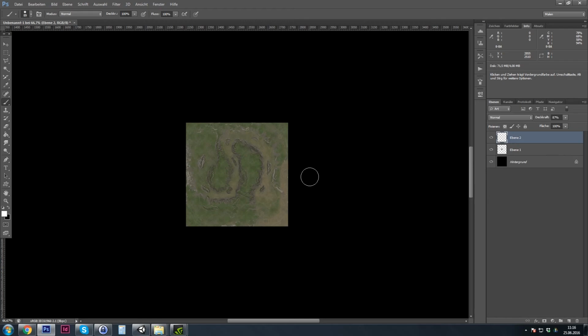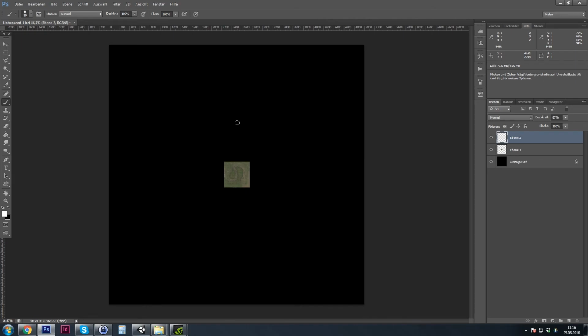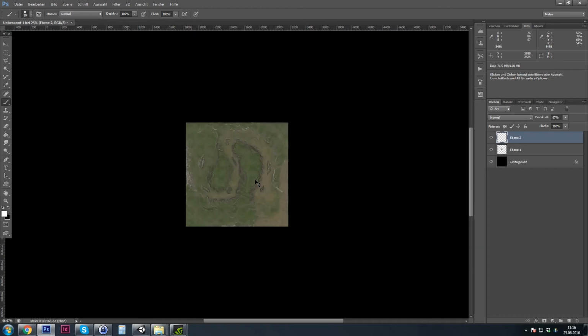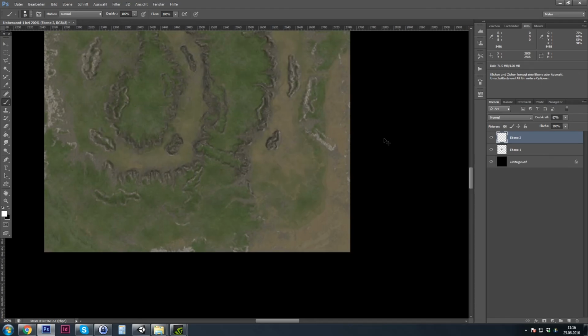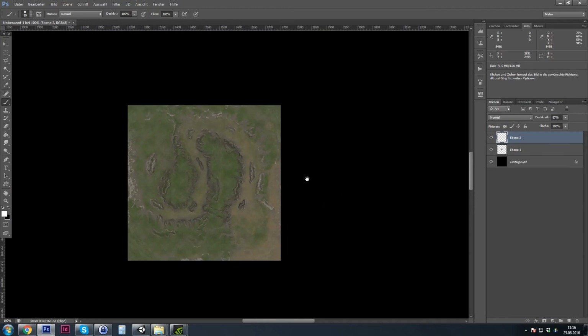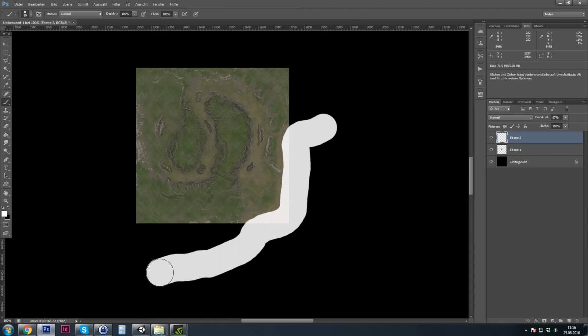I have a tablet which makes this painting easier, but you can just paint with the mouse. It's basically the same, just a little bit more convenient with the tablet. So I look in the large scale and try to see everything, and then I imagine where do I want to have water. For example, we can see on the terrain that here on the edge we have a sandy area, and I want to have this as a beach. So what I do, next to the beach we usually have water, so I just paint here and try to create a nice lake,